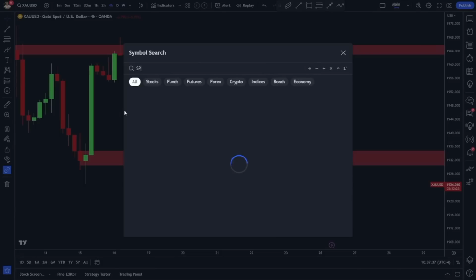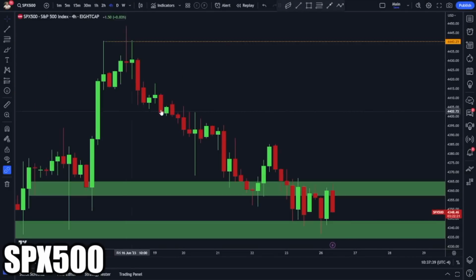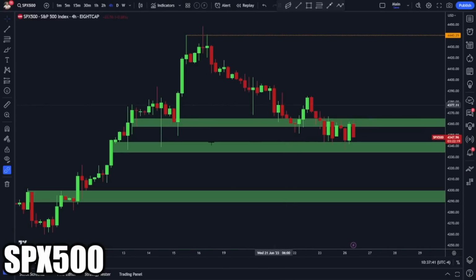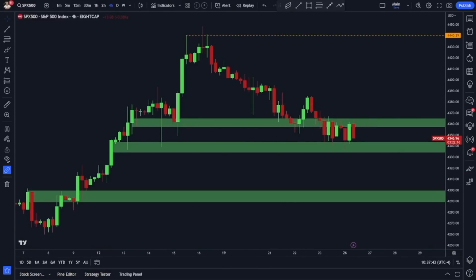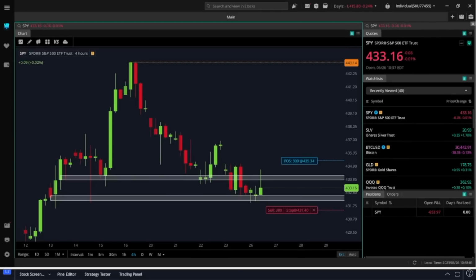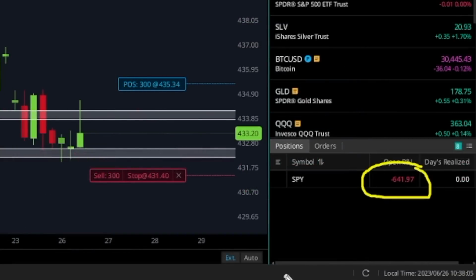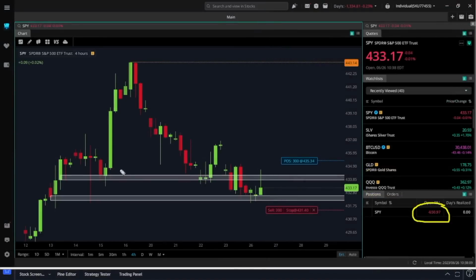Let's take a look at the S&P 500. I currently have a trade open on this one, and it's not going so hot. So I'll show you my trade now. Let me just pull up my brokerage. All right, guys, and this is my S&P 500 trade. You can see we are currently down on this particular trade, down about $600 on this one. My initial entry was last week, entered after a little bit of a rally off of the zone, thinking that we would continue, and I was wrong.